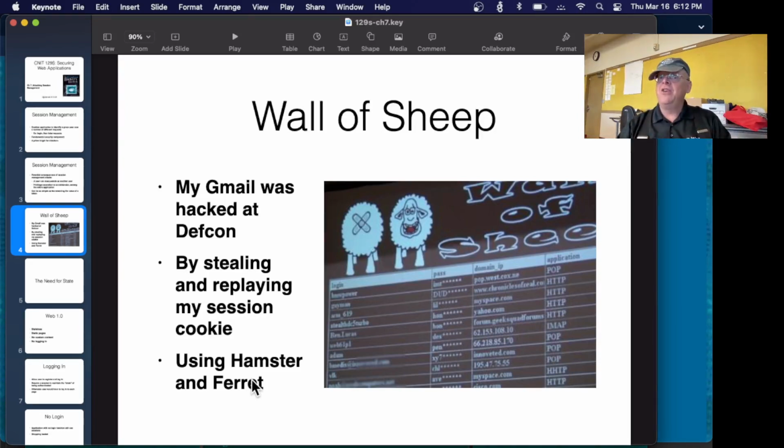And if somebody gets into your account at DEF CON, they put you on the Wall of Sheep, and all kinds of famous people from big companies get up there to humiliate you for doing something unsafe on the network. It was very instructive. I've been hacked a few times at DEF CON. It's very educational each time. How did you get around that?